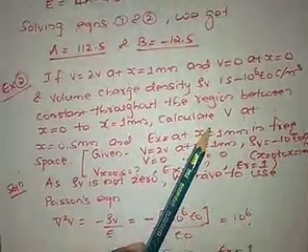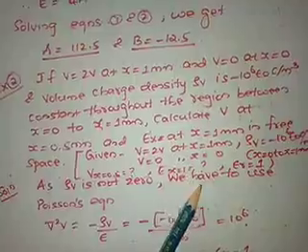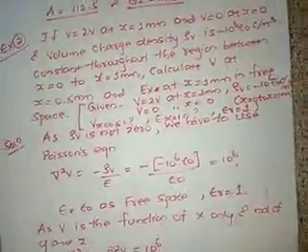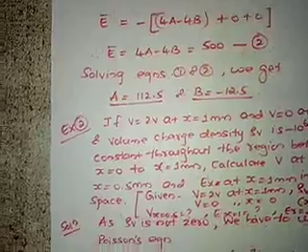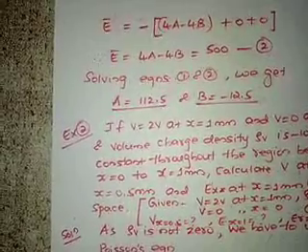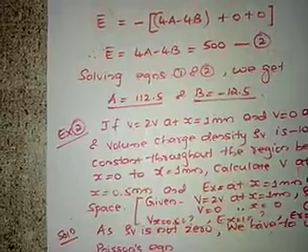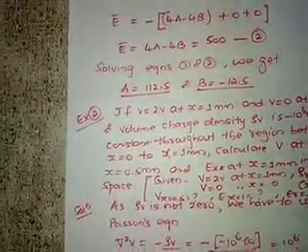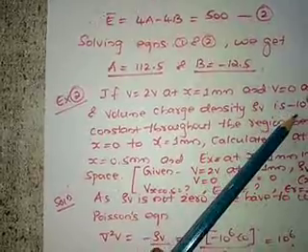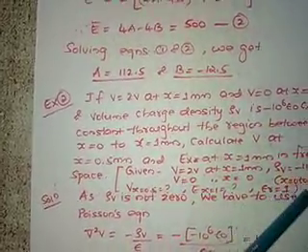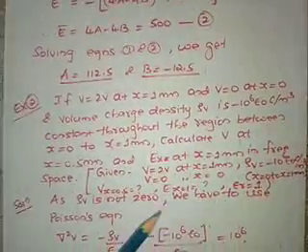We have to find the value of V at x equal to 0.5 mm and E at x equal to 1 mm. We don't know which surface it is, either a cylinder or a sphere, but we have to use the Laplace equation or Poisson's equation to find the values of E and V. Here they have given rho V as minus 10 raised to 6 epsilon naught coulomb per meter cube. Rho V is not 0.